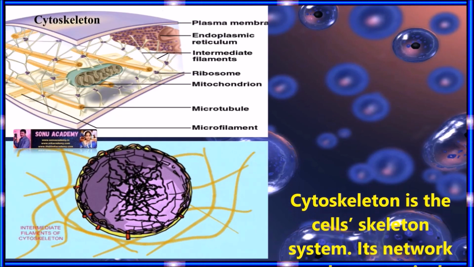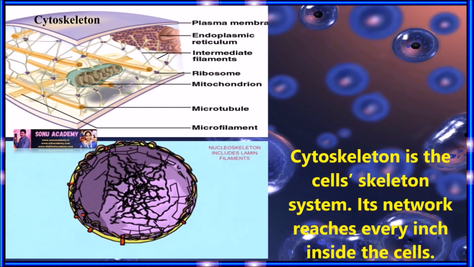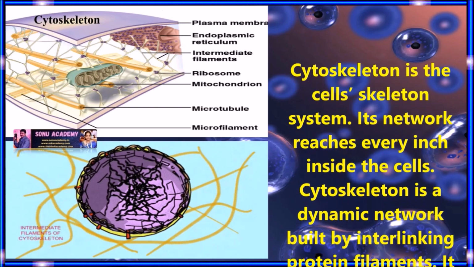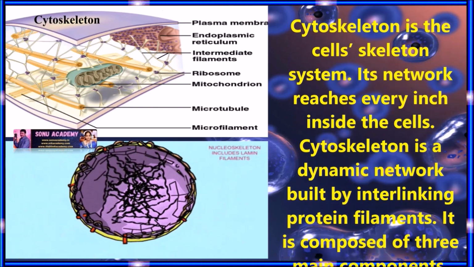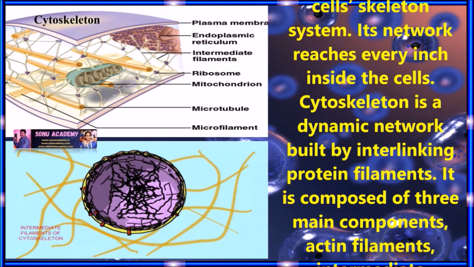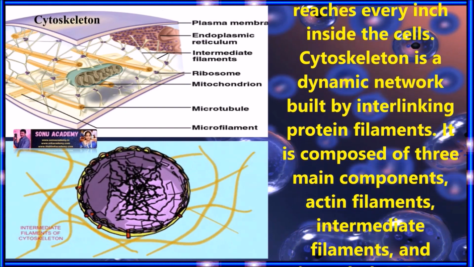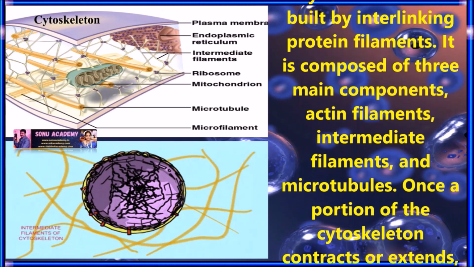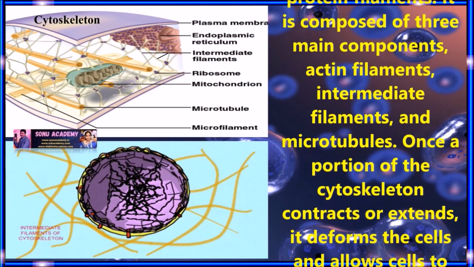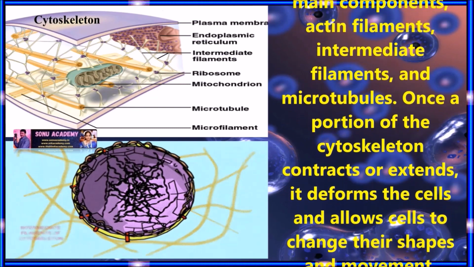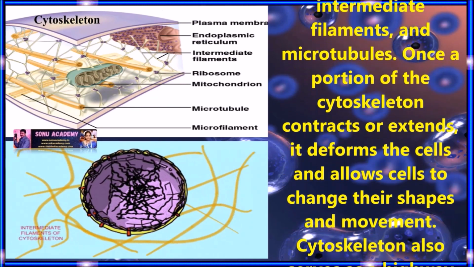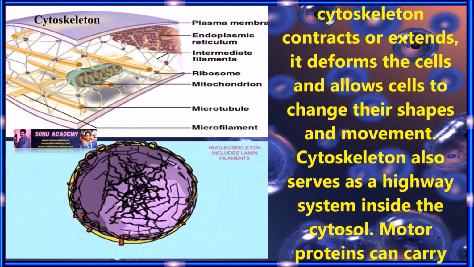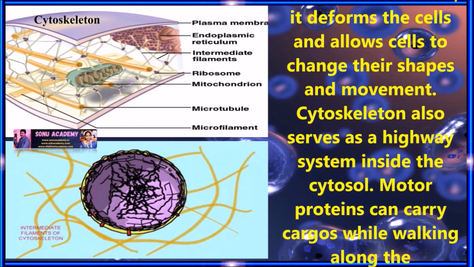Now let us discuss the cytoskeleton. The cytoskeleton is a cell's skeleton system. Its network reaches every inch inside the cell. The cytoskeleton is a dynamic network built by interlinking protein filaments. It is composed of three main components: actin filaments, intermediate filaments, and microtubules. Once a portion of the cytoskeleton contracts or extends,